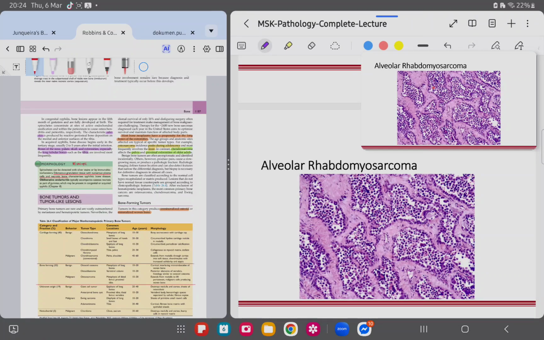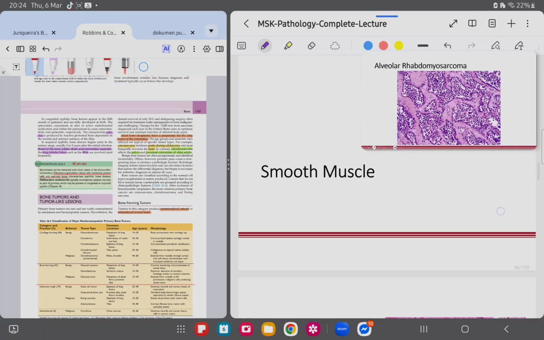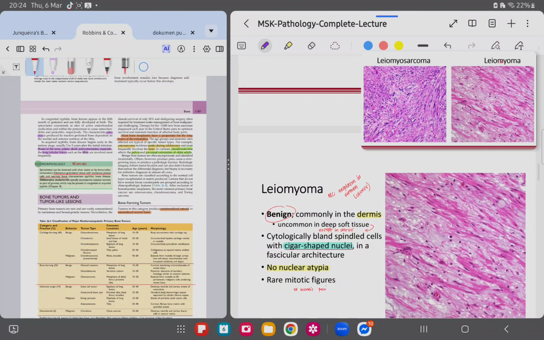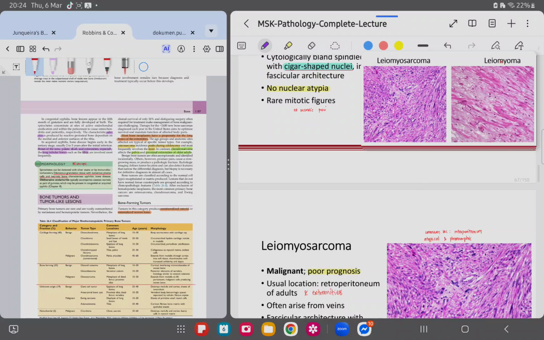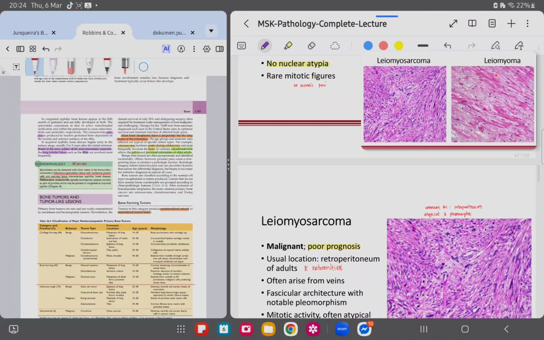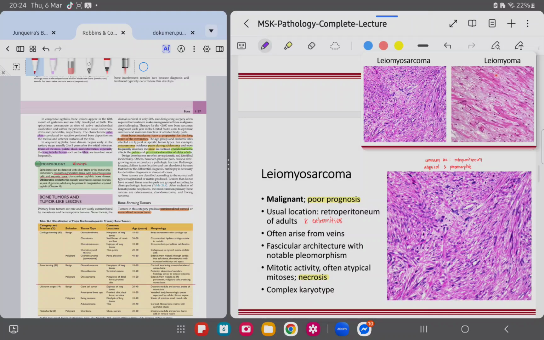Here are the two most common lesions, or the two most common smooth muscle soft tissue tumors that you might encounter. One is leiomyoma. This one is somewhat myxoid in appearance, and your leiomyosarcoma. Your leiomyosarcoma again is characterized by the moderate to severe atypia, the foci of coagulative type necrosis, and of course, the increased mitotic count or the increased proliferation of the cells. In contrast, your leiomyoma might have one, but definitely not necrosis. So please remember that, okay?